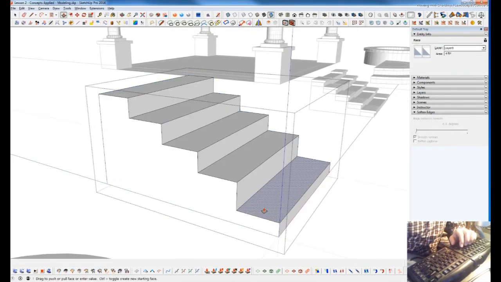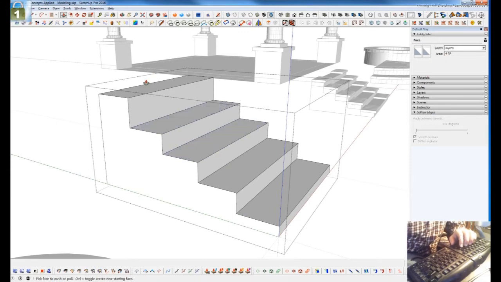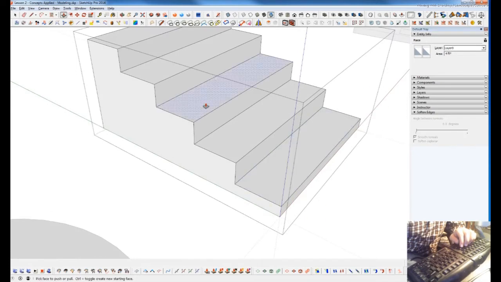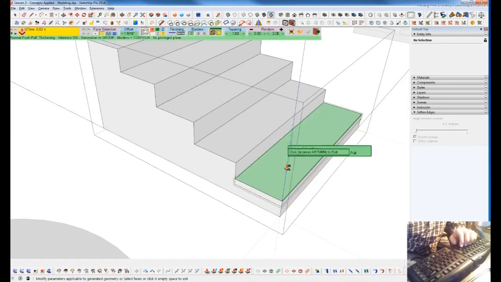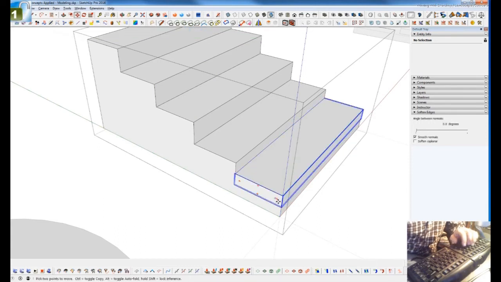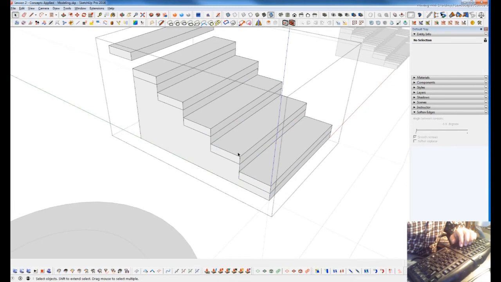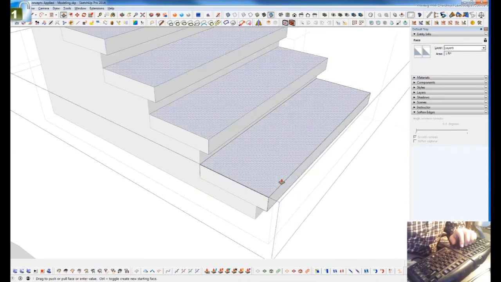I'm going to drop these down by 3 inches. Now I'm going to use normal, set to group, and pull this up 3 inches. Convert that to a component, pull that out,